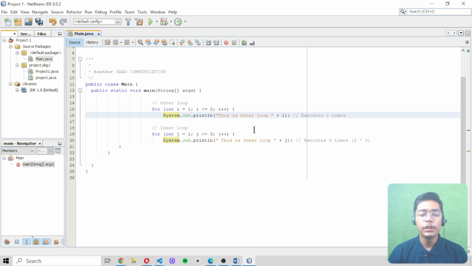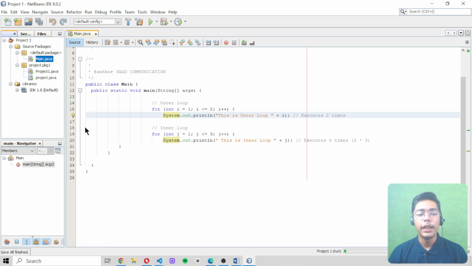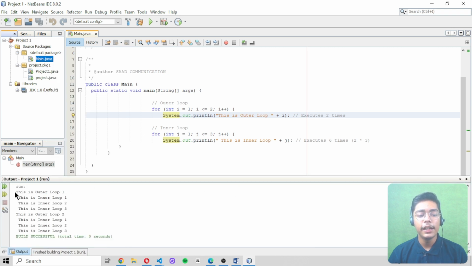And what I'm going to do now is print it, and for that I will right click on my main.java file and press run file here, or you can press Shift and F6, which is the shortcut key to run your Java file in this NetBeans IDE. I will be pressing run file, and you can just see we are getting "this is outer loop"